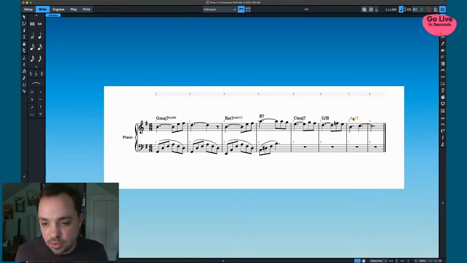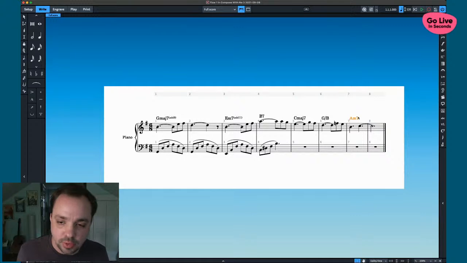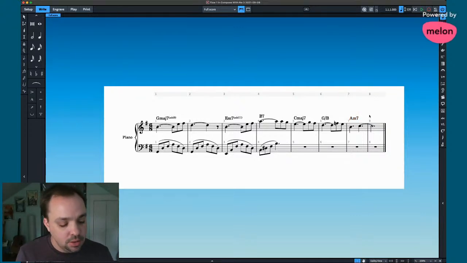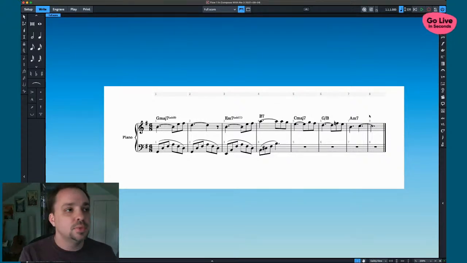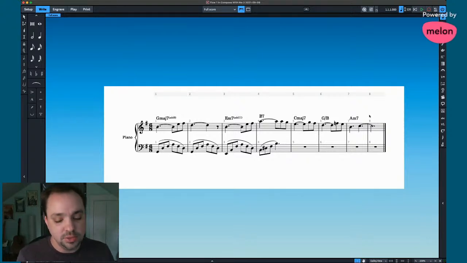I'm going to keep the A minor 7 holding there instead of doing A minor 7 to D7, which might feel a little, I don't want to say quite cliche because the things that work, work for a reason, but a little expected, I guess. Maybe if we hold that A minor 7, it will be a little more gentle.